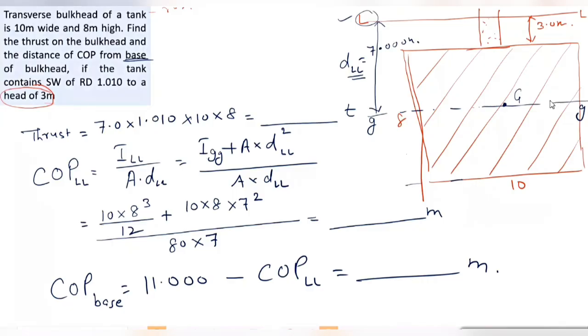So immersed area will be the full bulkhead, yes or no, Beta? Yes, sir. And we have taken the height of the liquid for the upper. Firstly, is the area part clear, or is it a continuation of the area concern? No, sir. That's okay. Let him finish, Beta. First, let me finish with him, then I'll come to you. Continue, Beta. We have taken, since it has a head of 3 meters, the upper axis,